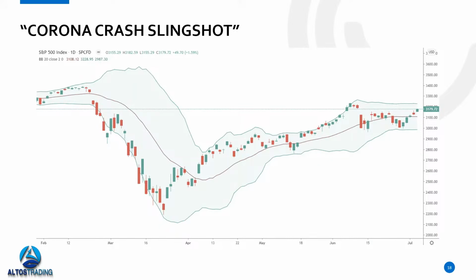So now I have the Bollinger Bands plotted. Okay, and I'm going to walk you through the slingshot. So if you look at the left edge of the chart, and again, as we walk through this, keep that psychological curve in your mind because it's going to really help. I think it'll give you a light bulb moment. That light bulb will go off and you'll be like, okay, I see what's going on here